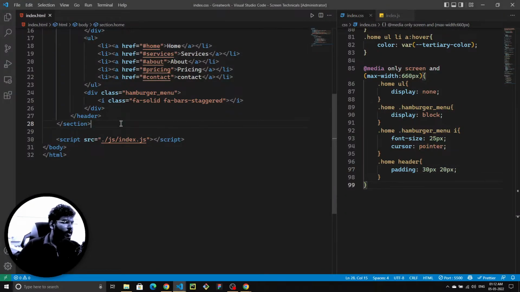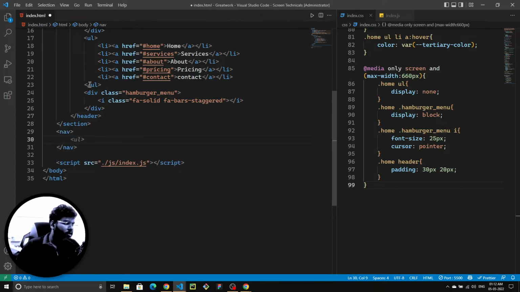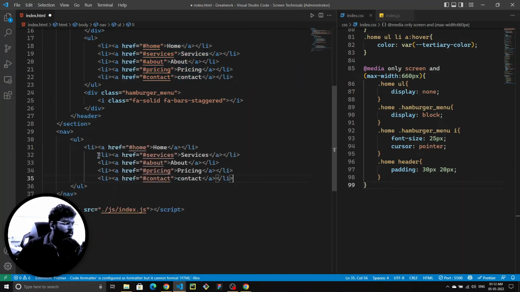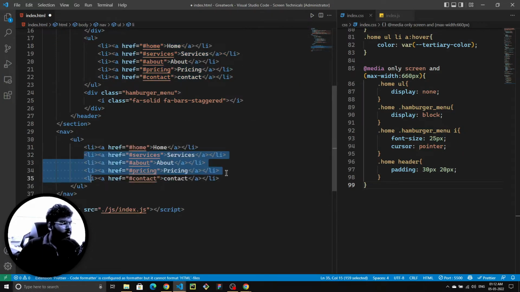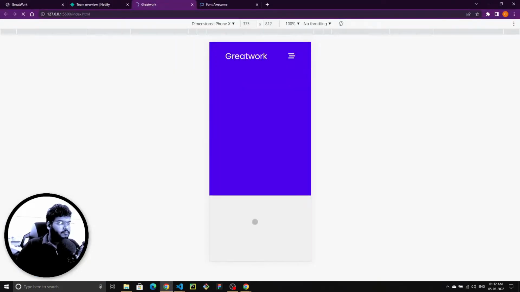now I'm going to create, below this header, or below this section, a nav, and then I'm going to create a UL, and then copy these things, paste it at this point. Okay, shift tab. Okay, now let's see. You can see this thing at this point. So